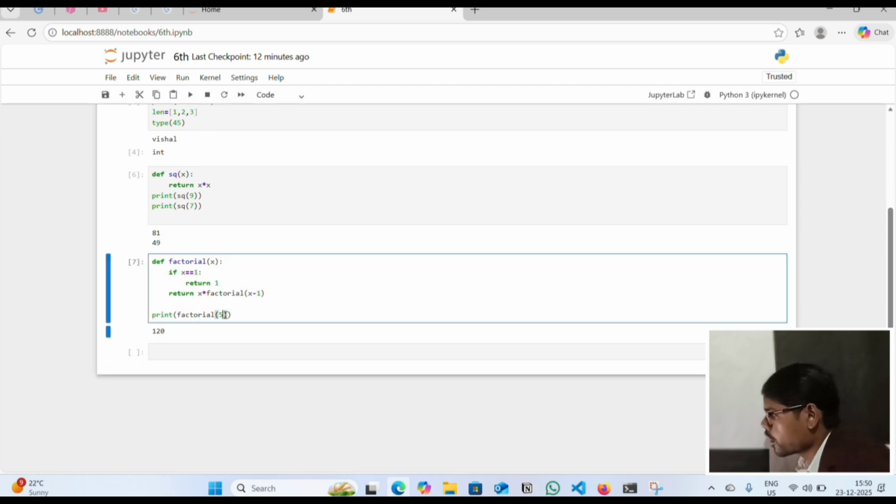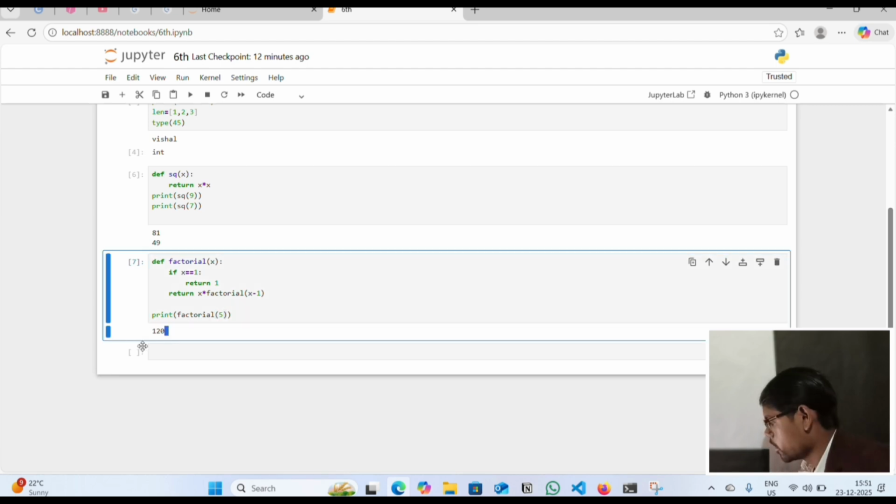So 5 factorial is 120. This is our answer because recursion calls itself, not another function.